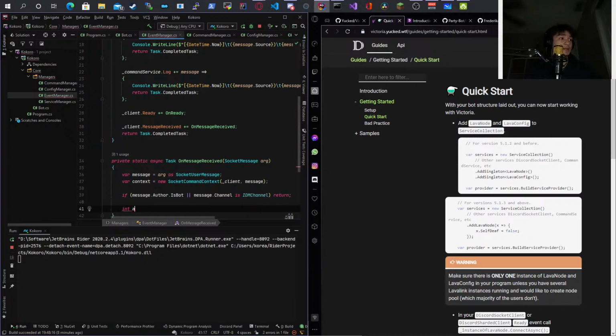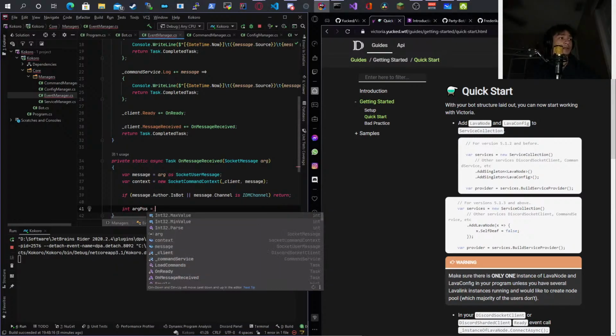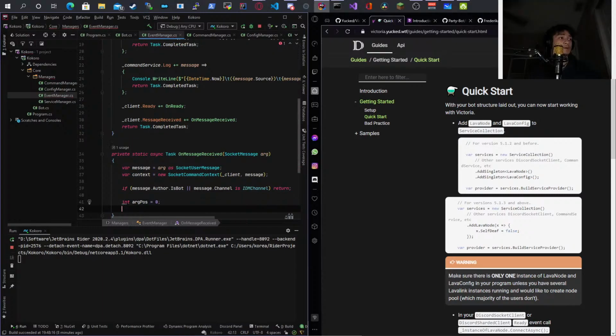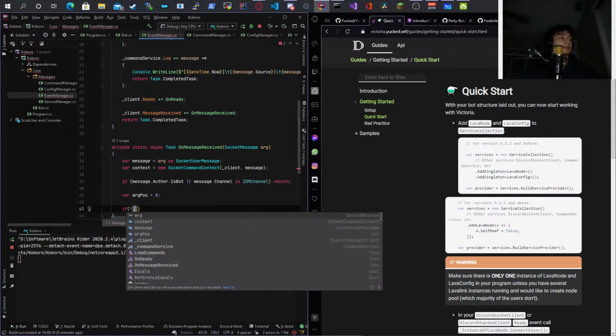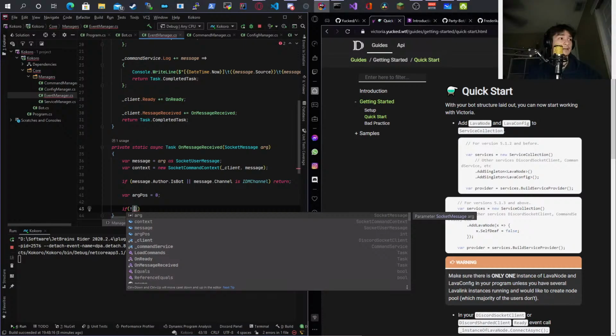So now I need to do an int argPos equals 0, so I can reference it basically. Now I don't need to have it in here, I can just have var here. Then I need to check if, and I need to do not here with parentheses because there's going to be two of them. We're going to check for string prefix and message mention prefix.